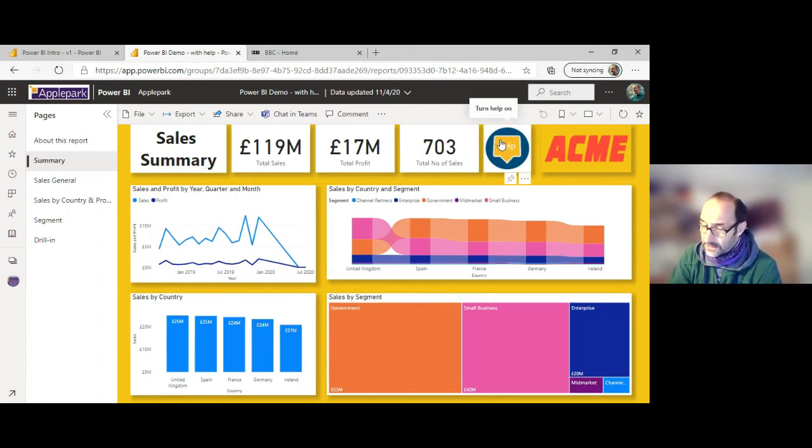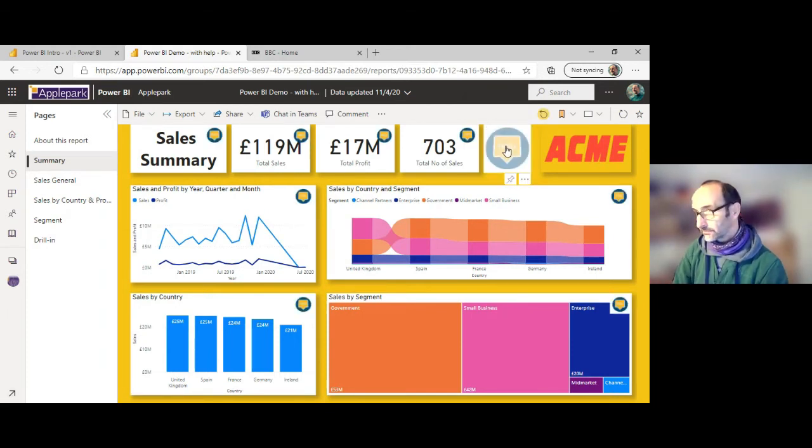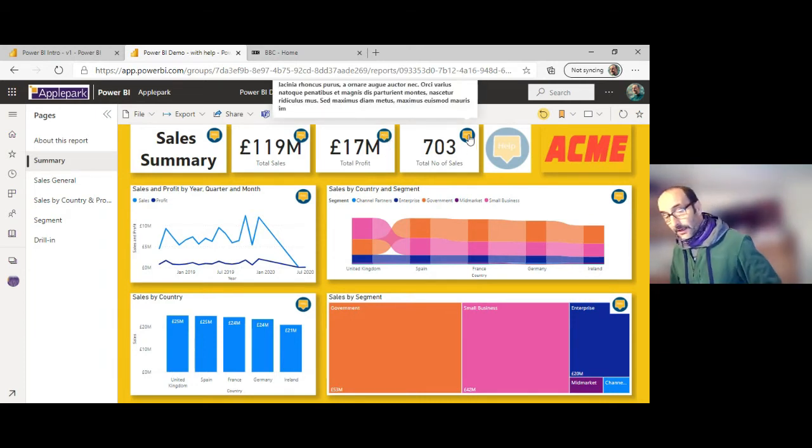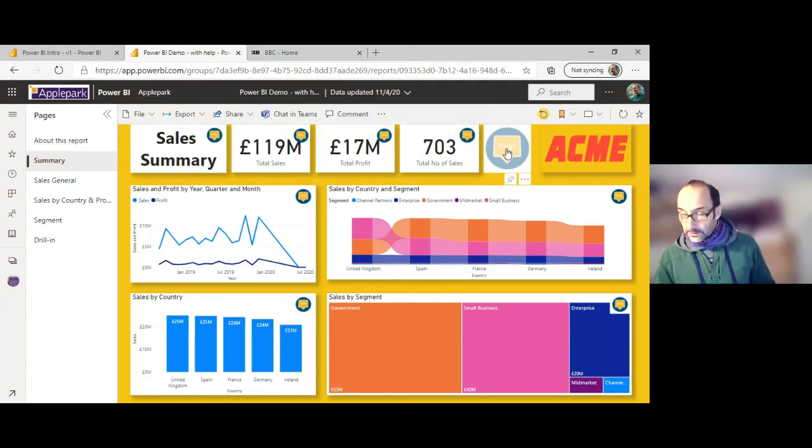Well, plainly, it's a button, because this is just an image I created in Snagit, I think it was. We know with an image we can associate an action, so we can click on the image, and clicking on that image allows an action to be a bookmark. And so I've got another view on here, a set of bookmarks, which puts a little help icon next to everything else. So that's what that button does. Help, turn it off and everything disappears, turn it on and they all appear.